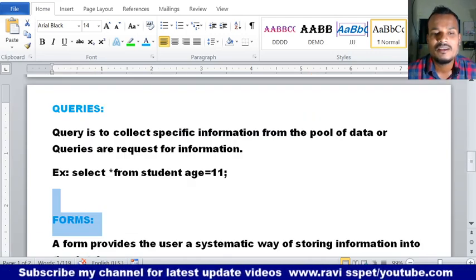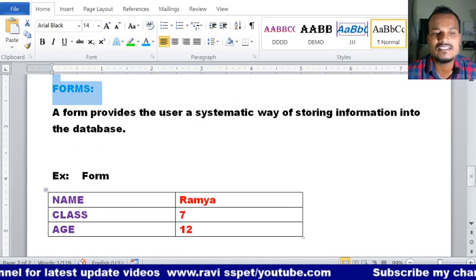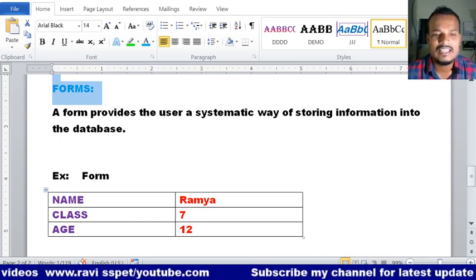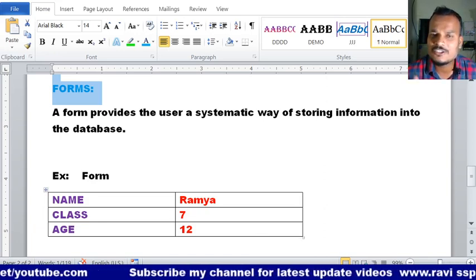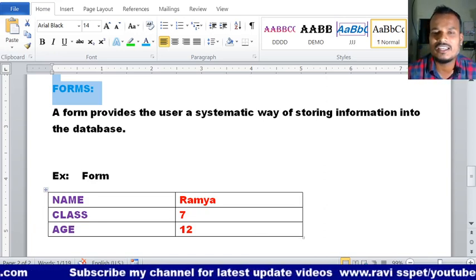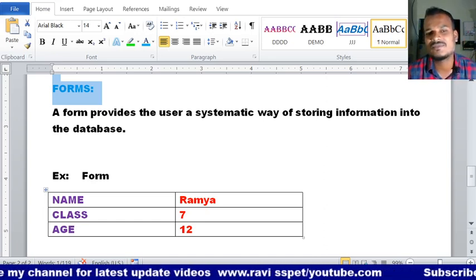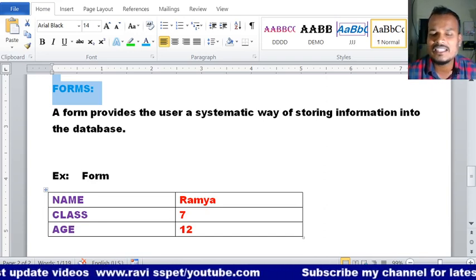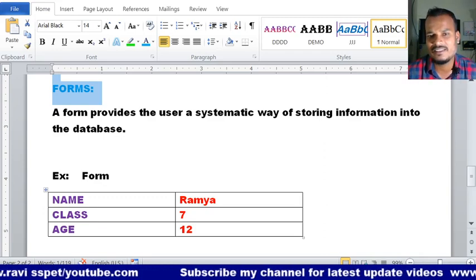This is a table. But in a form, the information is stored in a systematic manner like this: name of the person, class 7, age 12. This we call a form. That means we can store information in the form of a form also in a database. This is the example of a form. In this manner also we can store information in a database.